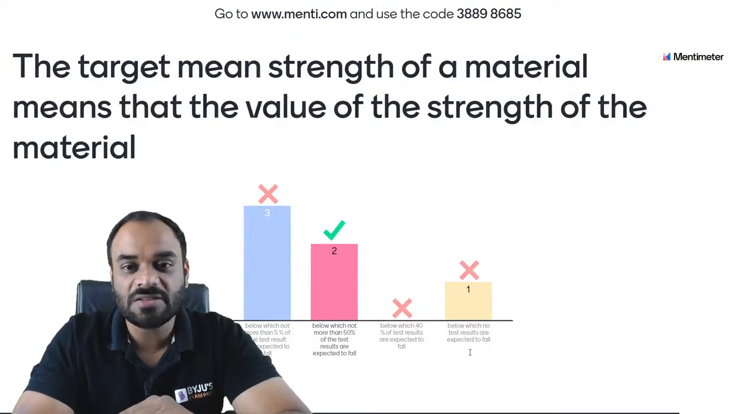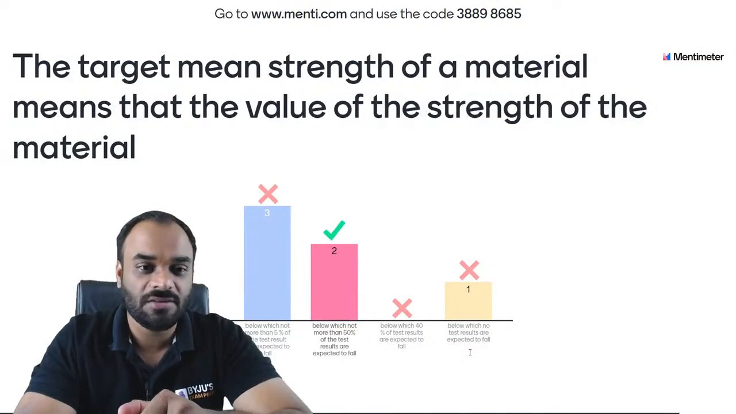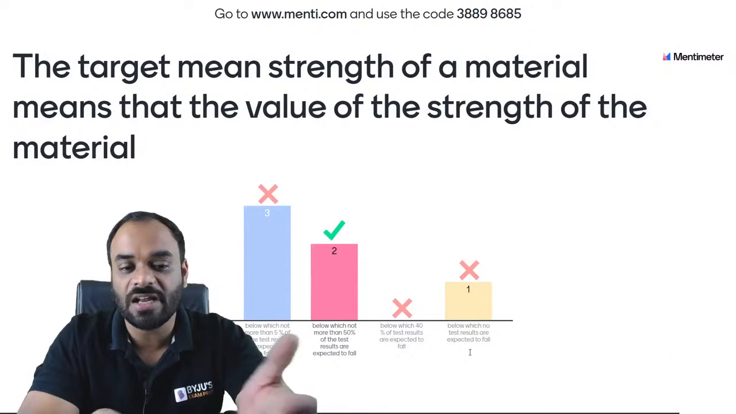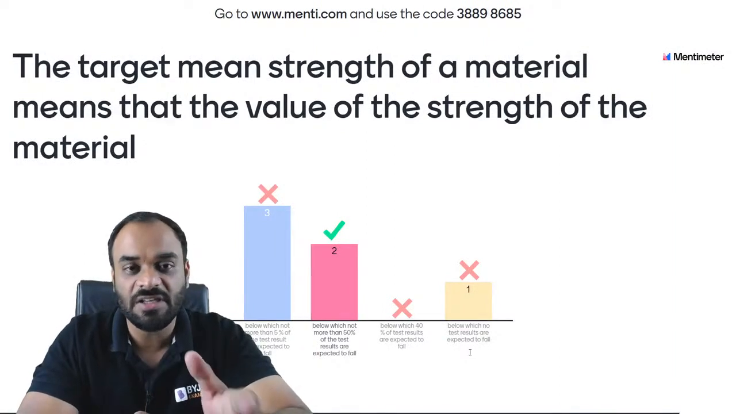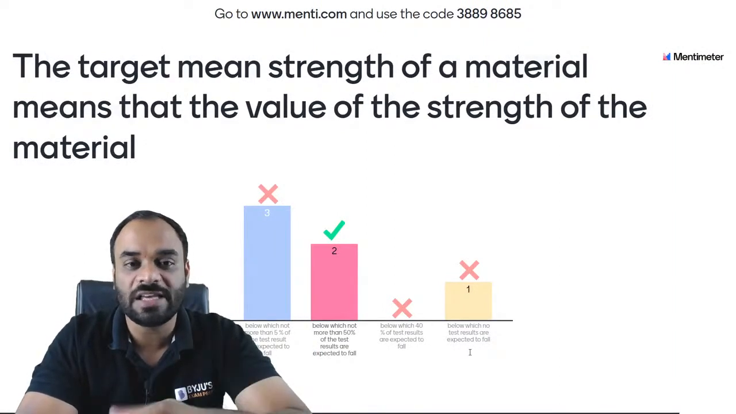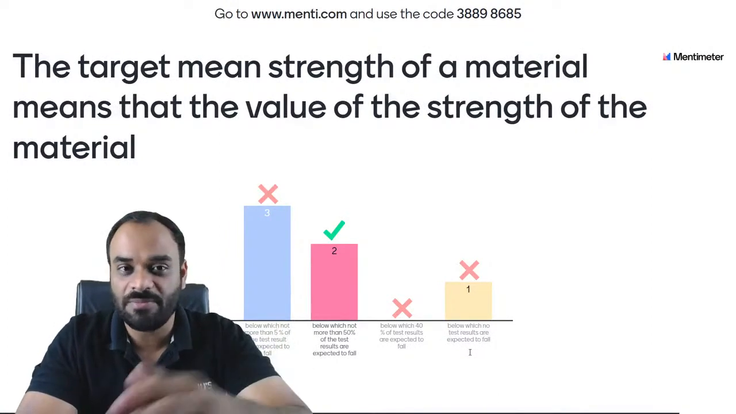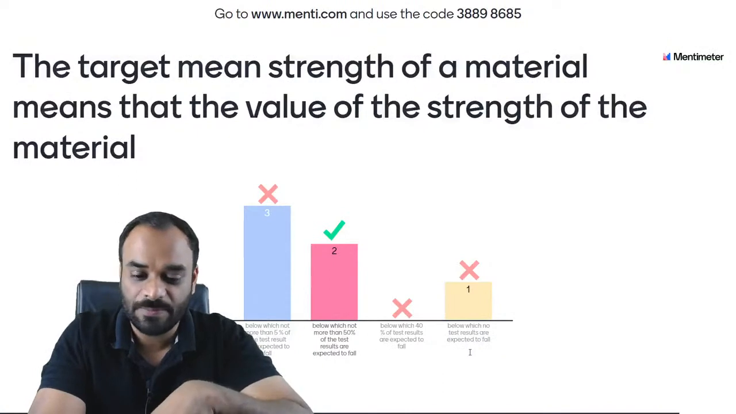So the target mean strength of a material, that means the value of strength of a material below which not more than 50% of test results are expected to fall, right? That means target mean strength. If we talk about the characteristic strength, you have to just replace the value 50% by 5%, है ना? 50 को हटा के 5 लग दो बस।